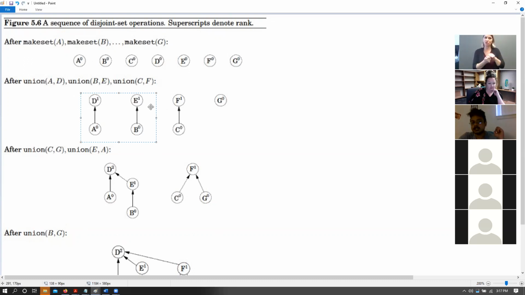So since both of them have the same rank, adding either of them would increase the rank of the root node. Because imagine this: rank is the number of levels beneath a particular root node. So you can think of it as log n being the rank of your root node in a perfect world. So if we want to combine two trees, then one root node needs to become the child of another root node.